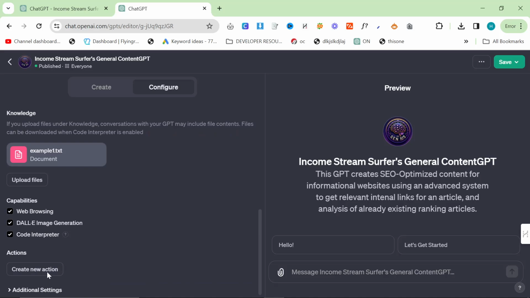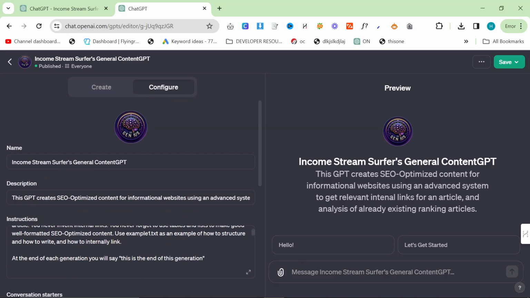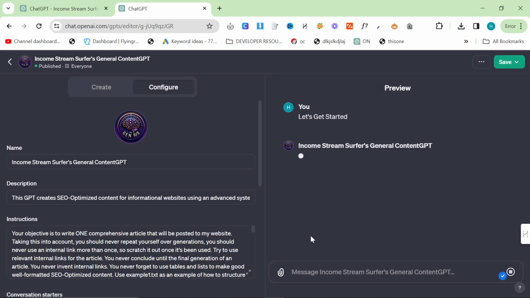Now, it doesn't have any actions because I still don't really fully understand the actions, but I don't really think they're necessary anyway. So you can still just type hello or /start or whatever you want, but you can also just press let's get started, or you can press hello. And ChatGPT will ask you for a couple of things. First thing is, which website am I writing for? So I will tell it I'm writing for twomen.it, and it will then use Bing to get a basic understanding